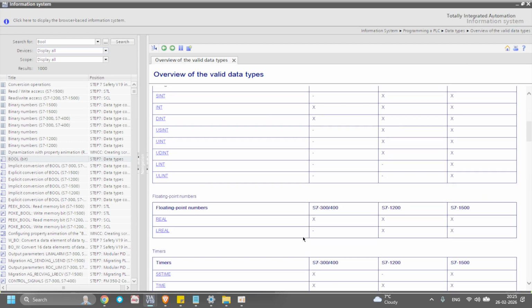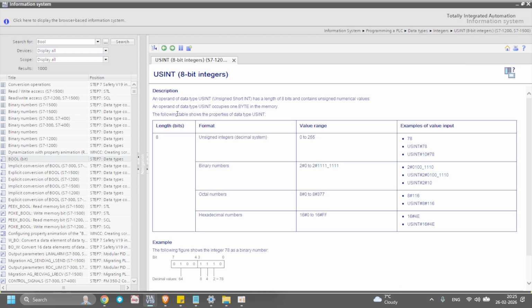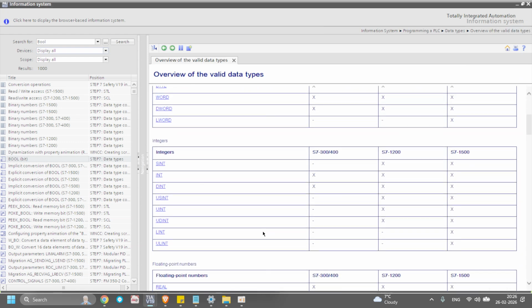You can see the W and the US types. It's all similar, but some are unsigned and some are signed. Whatever the occupied bits, you can use it accordingly. That's a very important one, we will use it normally.